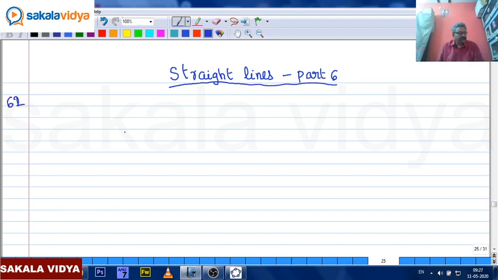Now we are going to start the first problem. If A equals 1 comma 1, P equals x comma y,